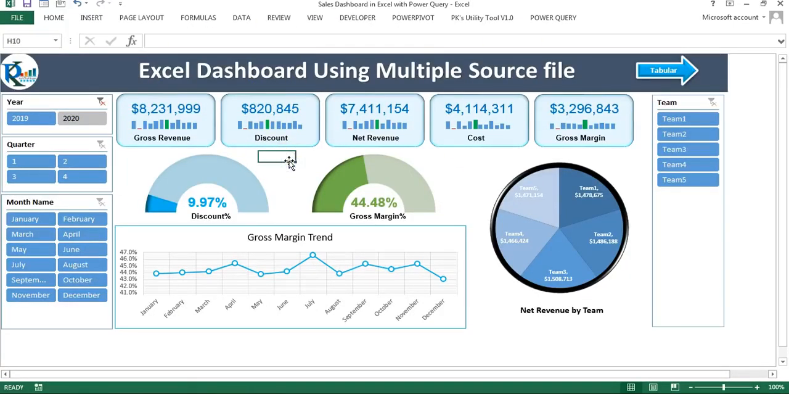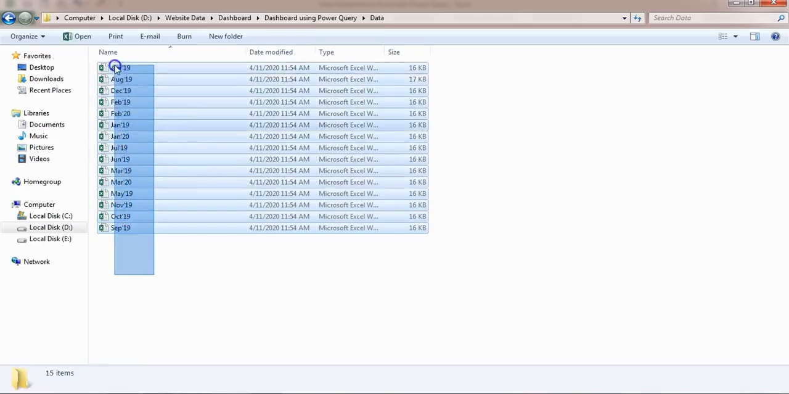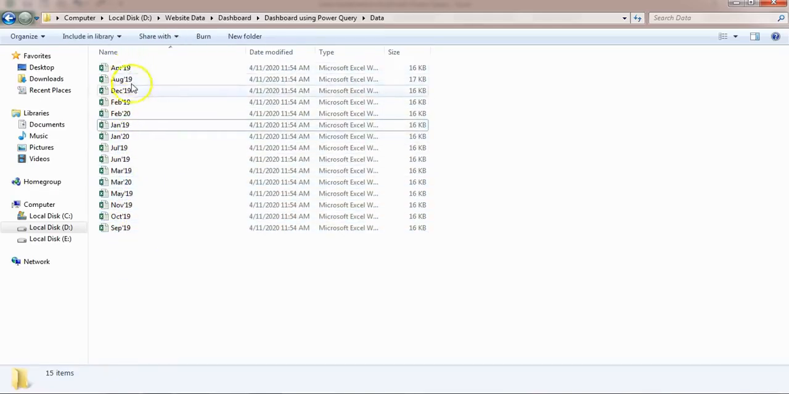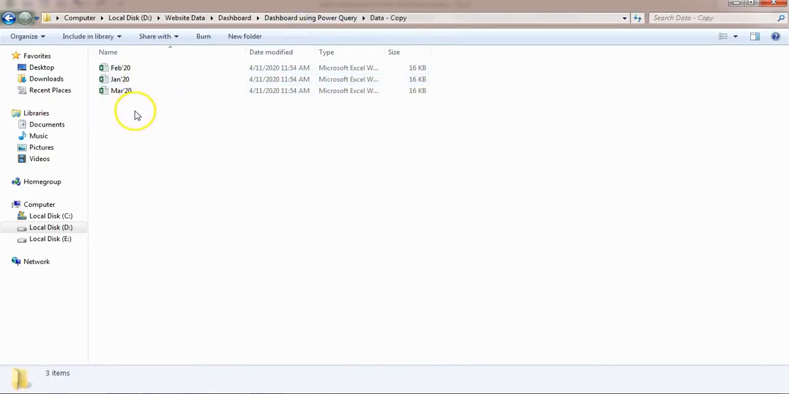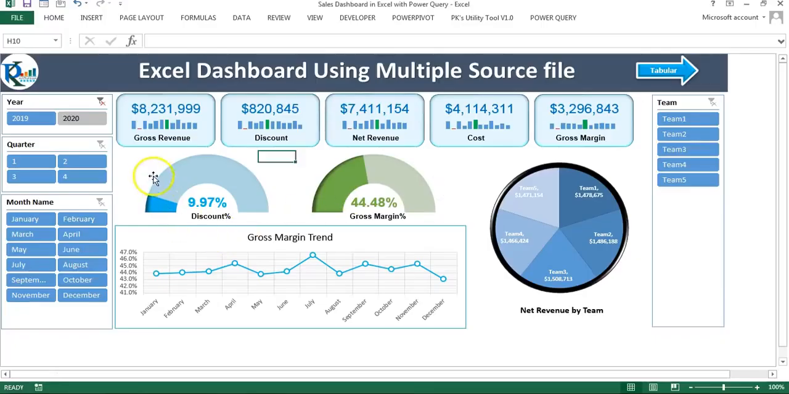Now I'll show you it is fully dynamic. It is connected with this folder. In this folder we have multiple files. Now I'll show you. I have copied a few files to another folder, the data copy folder. Here we have only 3 files. If I want to connect my dashboard with this folder, then I can simply copy this path, and here I